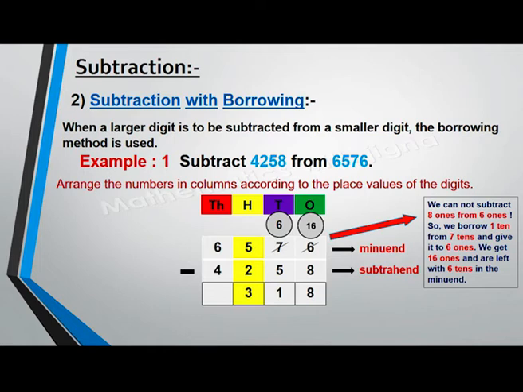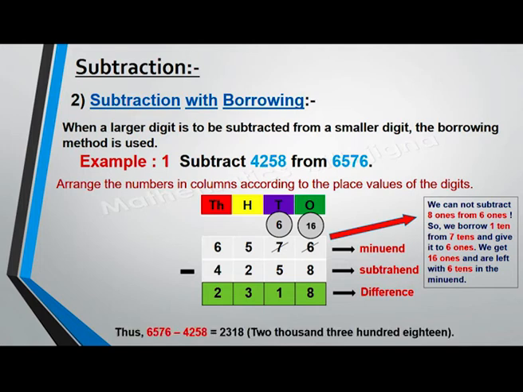Now subtract the thousands. On subtracting the thousands, we'll get 2. So write 2 at the thousands place. So the answer 2318 is known as the difference. Thus, 6576 minus 4258 is equal to